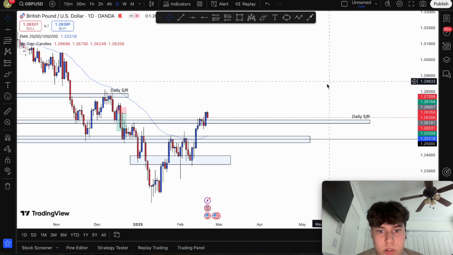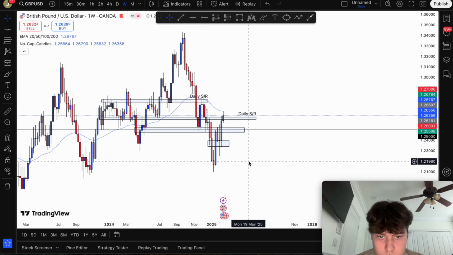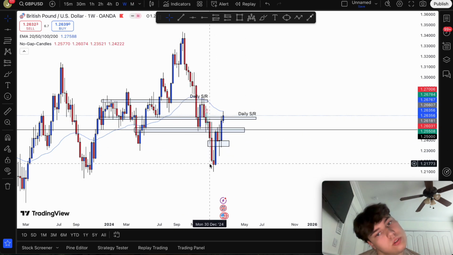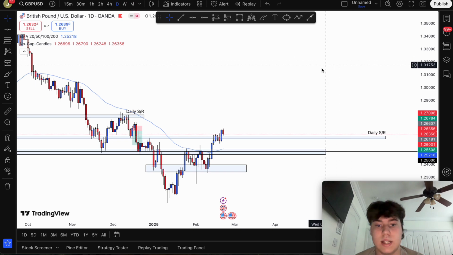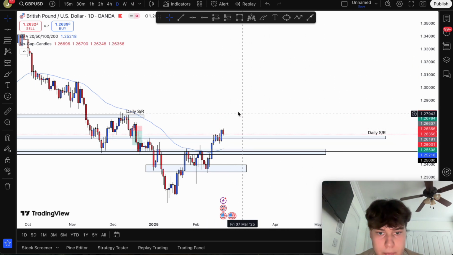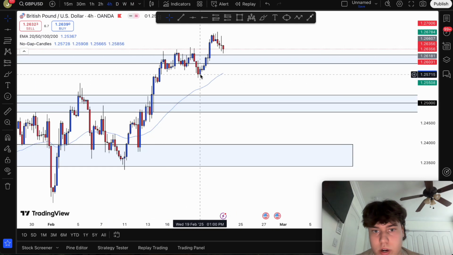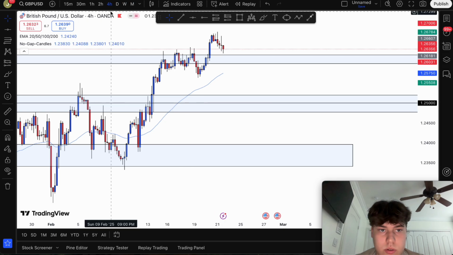Next, we have GBPUSD. On the weekly time frame, we are bearish. This is our lower high. This is our lower low. On the daily time frame, we are currently bullish. This is our higher low. This is our higher high. And on the 4-hour as well, we're also bullish. This is our higher low. This is our higher high. So